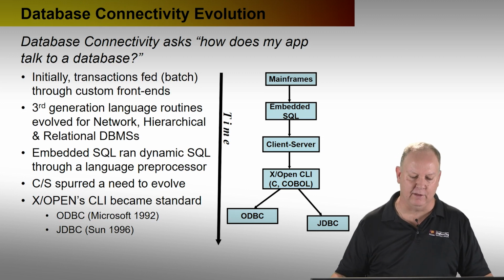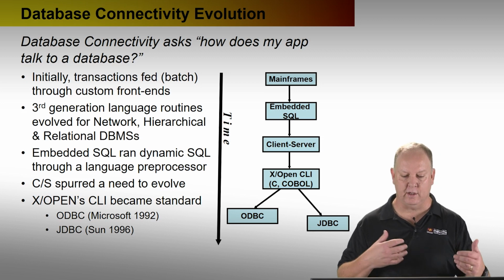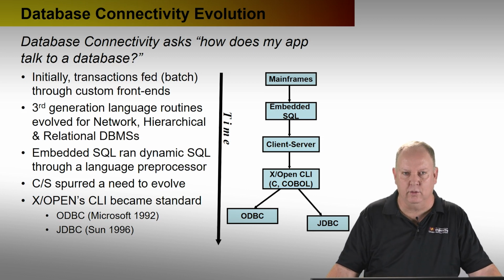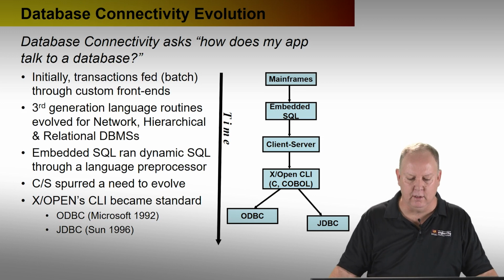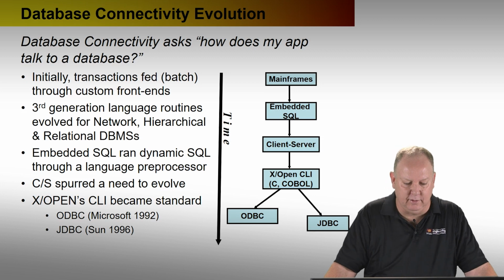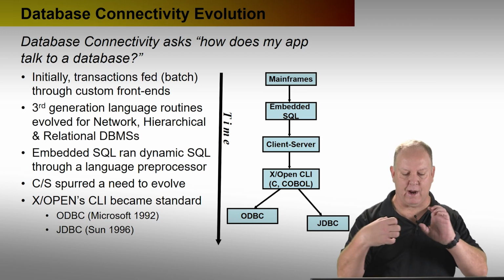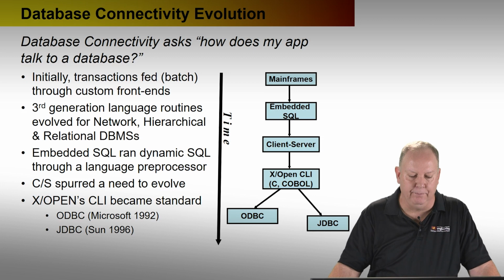Initially, transactions were fed through custom front ends on a mainframe. So you had a mainframe computer with a custom front end and transactions were loaded through that custom front end. They were executed through primarily record-oriented stores, which meant records were like network databases with large tape systems or old school disk systems, if you will, old school storage systems. And things were very batch transaction oriented, a group of operations at a time executing together, if you will.